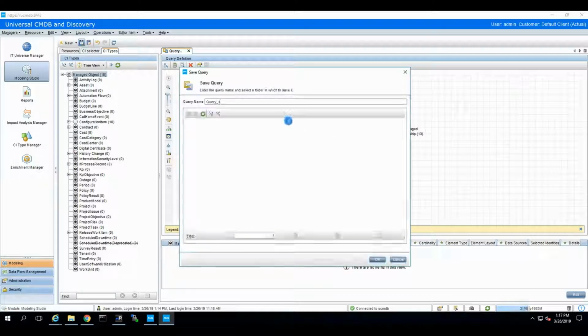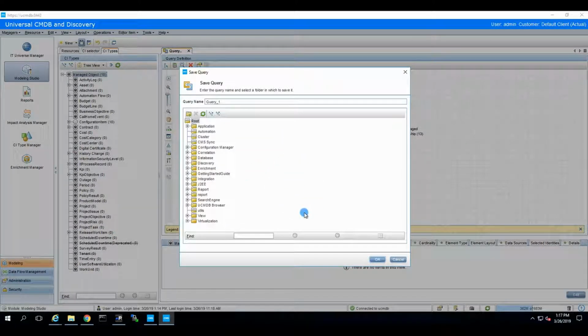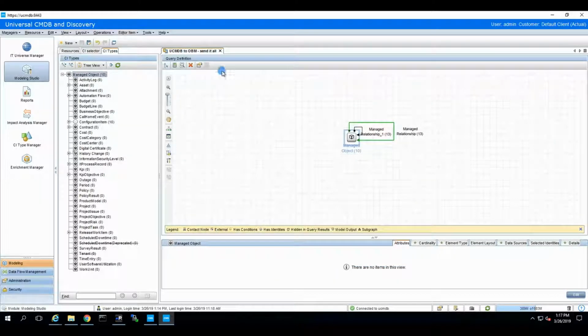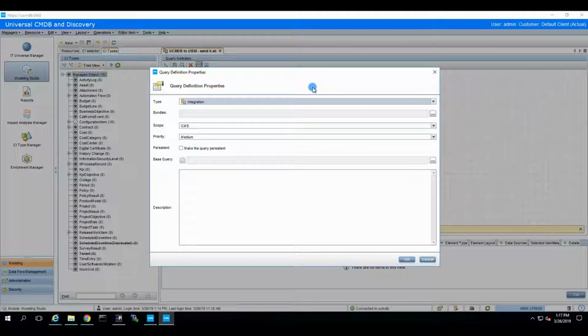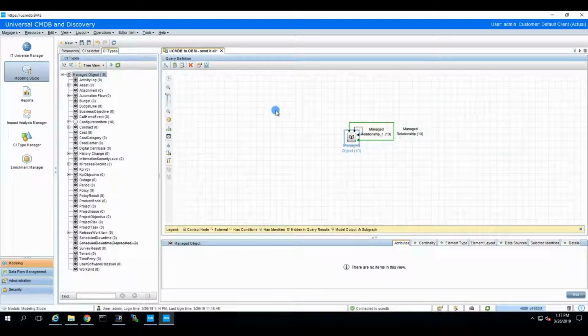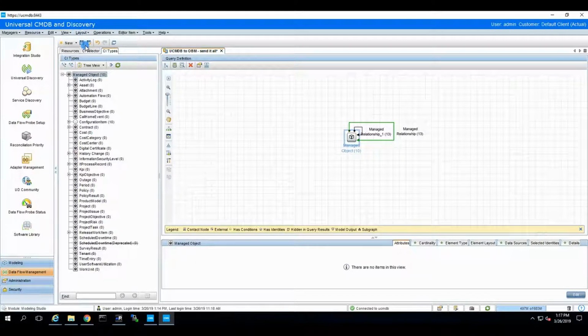Okay, time to save it. Let's wait for it to load, and we say UCMDB to OBM, send it all. Okay, and let's just verify that this is an integration. It is an integration. Cool, we are done. I need to save that. Great. Now we go to Integration Studio,